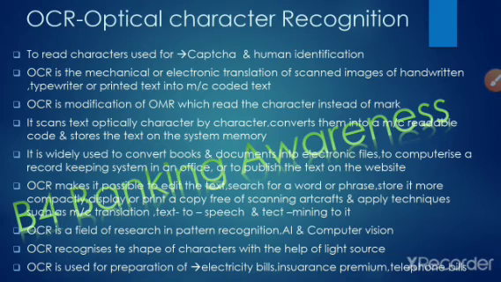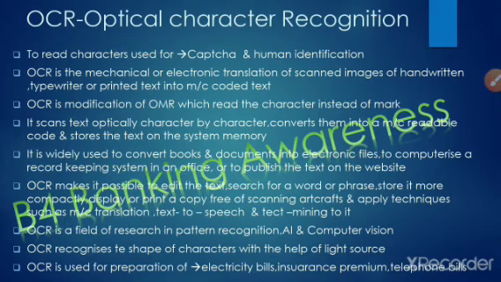OCR makes it possible to edit the text, search for a word or phrase, store it more compactly, and display or print a copy free of scanning artifacts, and apply techniques such as machine translation, text to speech, and text mining to it. OCR is a field of research in pattern recognition, artificial intelligence, and computer vision.